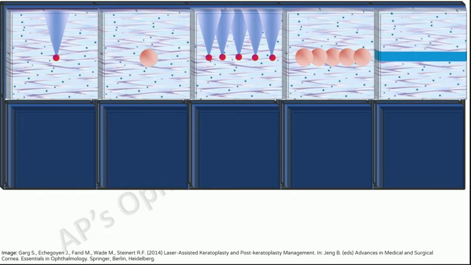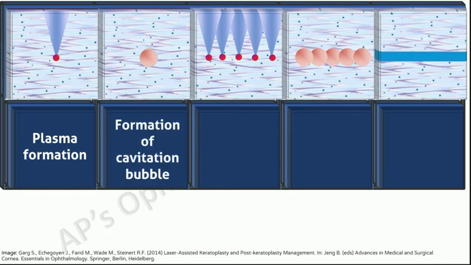When a femtosecond laser is fired at a tissue, it is absorbed by the tissue, resulting in the formation of plasma. Plasma is the fourth state of matter, distinct from solids, liquids, and gases, that consist of positively charged ions and free electrons. This plasma rapidly expands to create cavitation bubbles consisting of carbon dioxide and water vapor. The force of formation of a cavitation bubble causes tissue separation. This process of conversion of laser energy into mechanical energy is known as photodisruption.